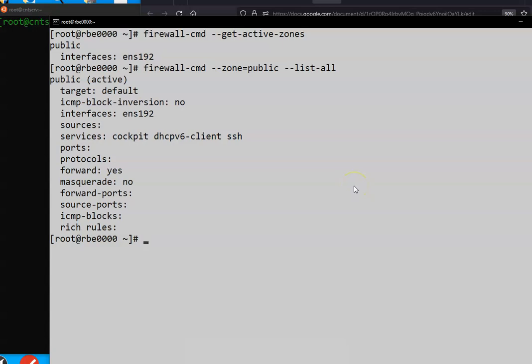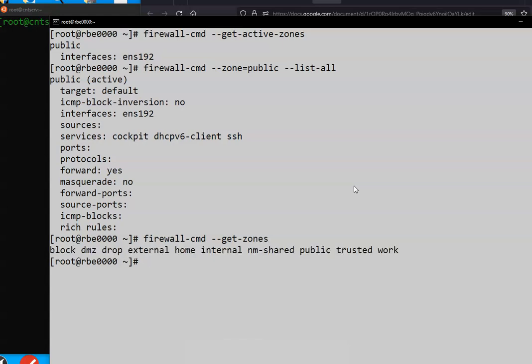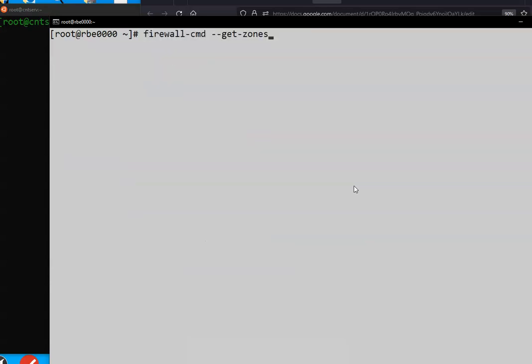So there are some predefined zones that we can look at. We're going to want to have a trusted network that we allow to SSH in, and then we're going to want to have what else is allowed from the public. So we're going to keep the public zone, but we want to find a zone that we can use for the internal traffic. So I'm going to look at the trusted zone,